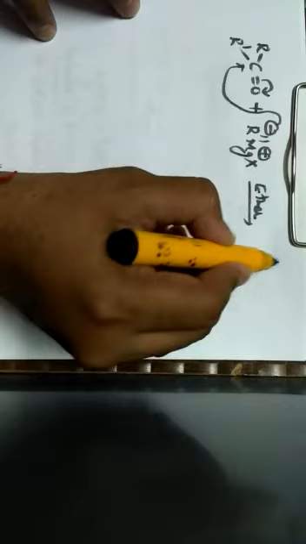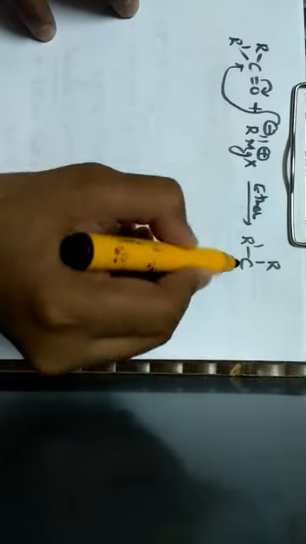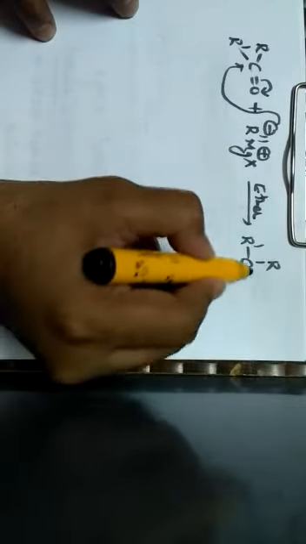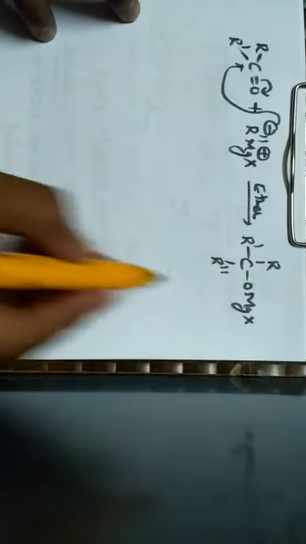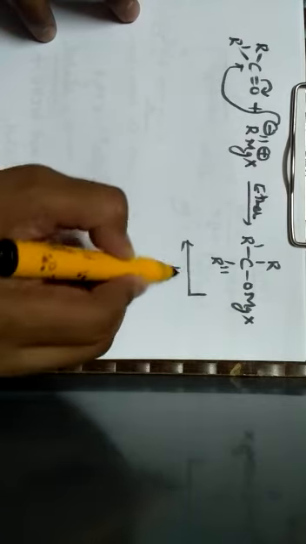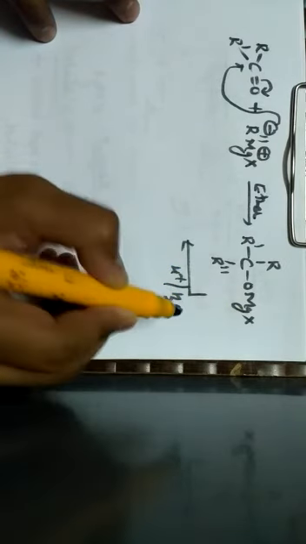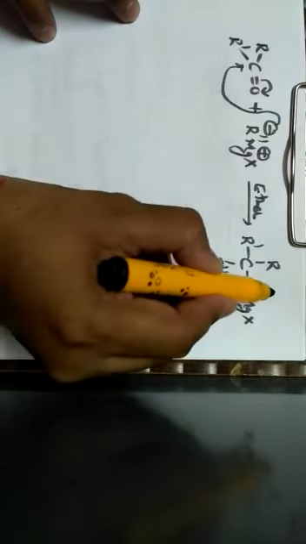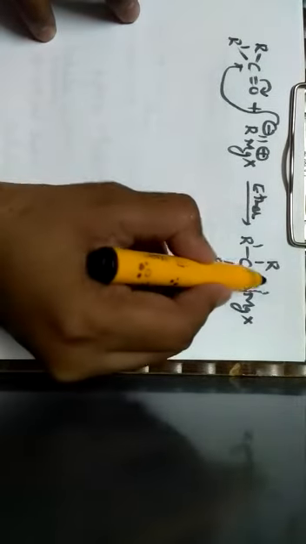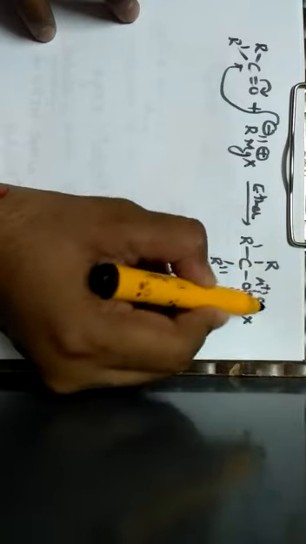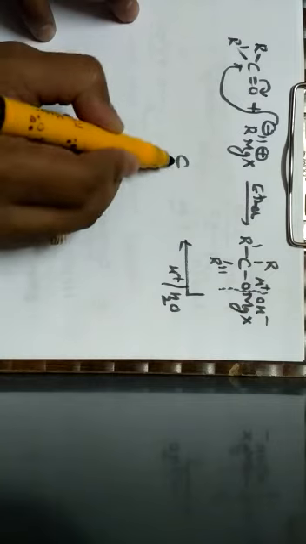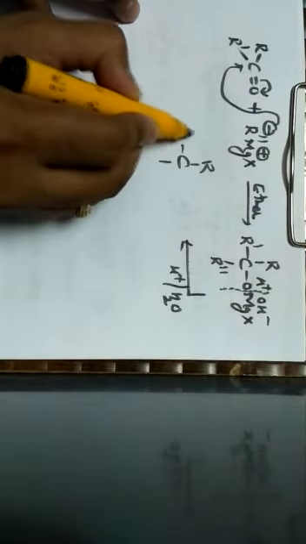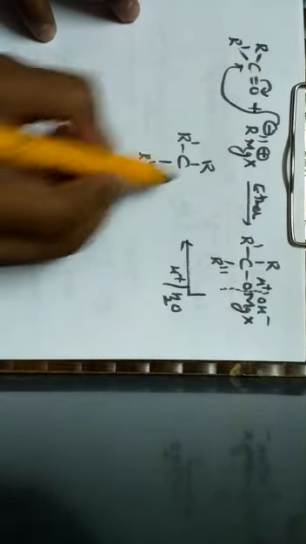I can write it as R, R dash, R double dash, O, Mg, X. So this is the addition product which is obtained. Again, this addition product is subjected to acid hydrolysis. So here the breakage of bond takes place between oxygen and MgX, such that oxygen will gain a proton, Mg will bind a hydroxyl ion, so that the final product can be represented as R, R dash, R double dash